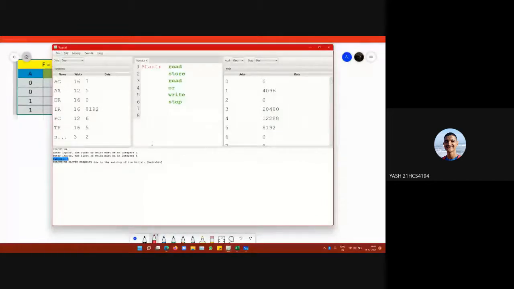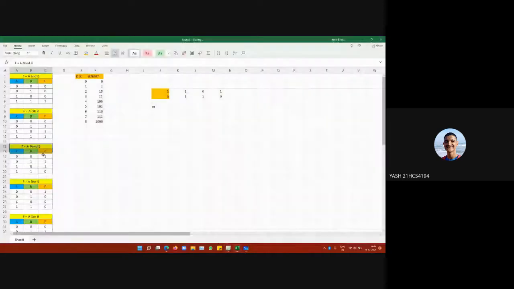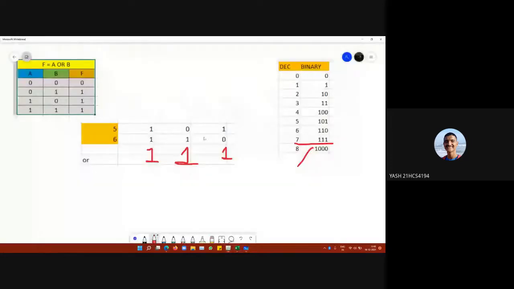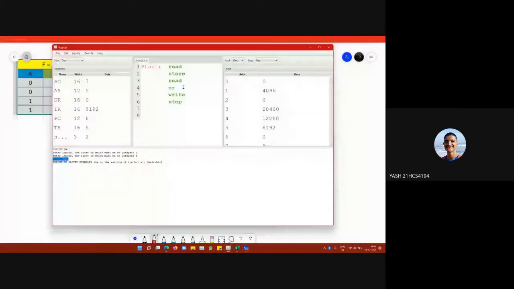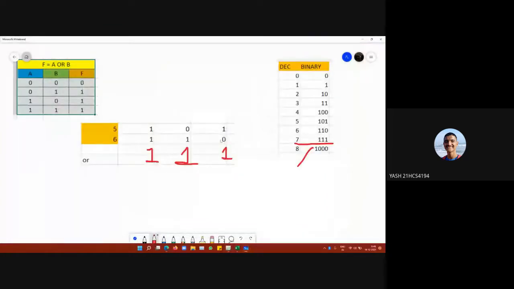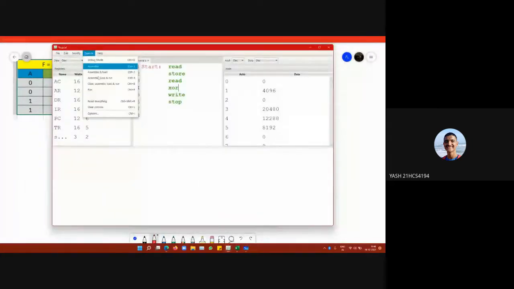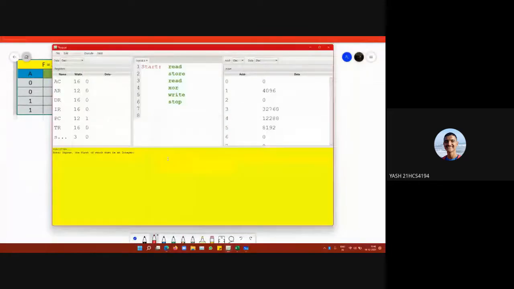Similarly, we have other operations like NAND, NOR, XOR. All of these will be converted first into binary bits, and the operation is done on the bits, and then it is converted back. So also, if we try the exclusive OR operation of 5 and 6, I think it should give us 3. So let us try. Clear console, clear assemble, load and run. Okay, so for 5 and 6, yes, the output is giving us 3.